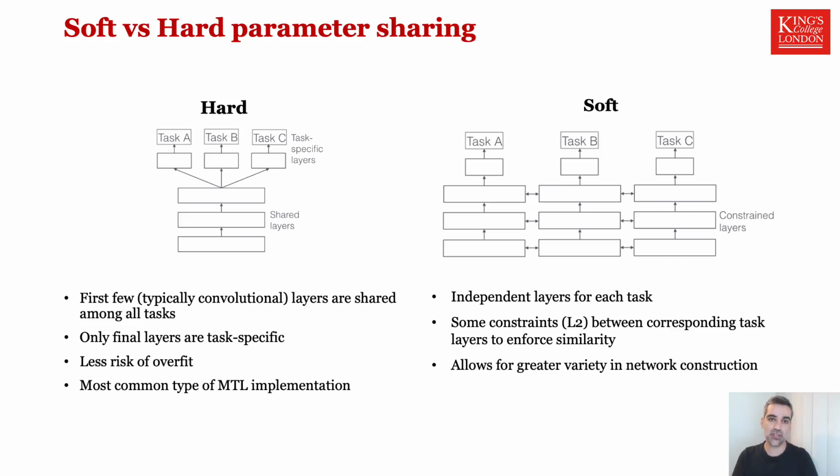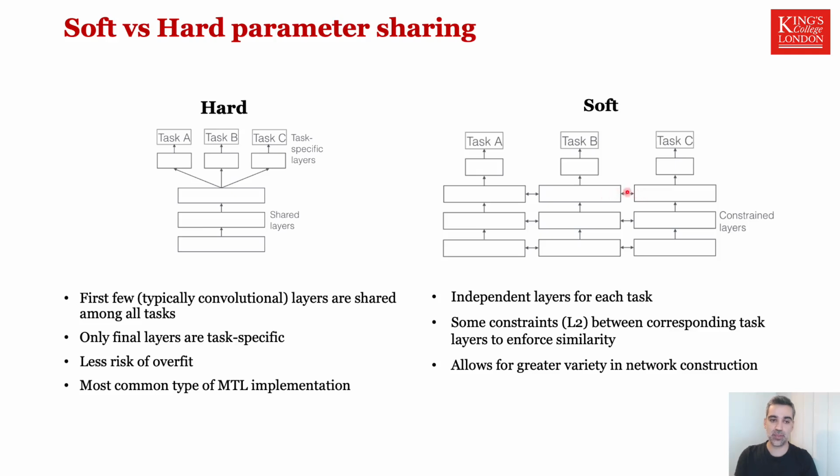But there's other ways that you can do multitask learning without forcing the network to have absolutely shared parameters. You can use something which is called soft parameter sharing. So the idea of soft parameter sharing is, let's say you have three completely separate networks here. If you have one network here called network A, which is solving for task A, and network B solving for task B, and network C solving for task C, what you can do is you can put an extra constraint